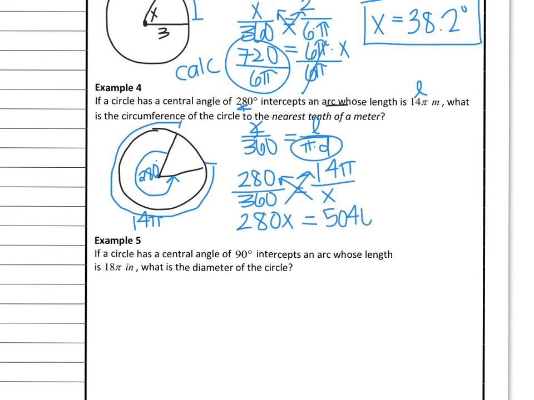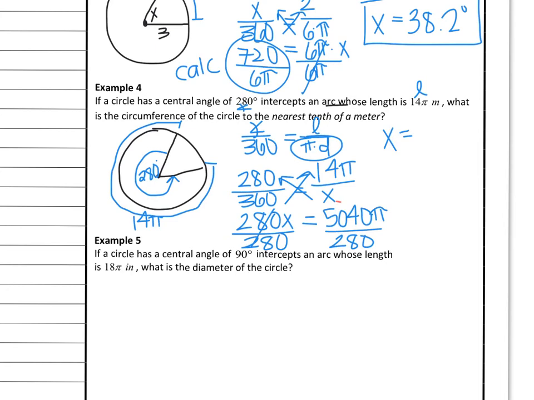Okay? All right, now cross multiply, and we get 280x equals, let's see, 5,040 pi. All right, so I just multiplied the 360 times the 14 and tacked the pi on, and then divide both sides. It just kind of saves you from writing a ton of decimals out, because every time you multiply by pi, it gives you an endless amount of decimals. So it just kind of saves you to do it all in one step rather than writing them all out each step. So x equals, now I'm going to type in